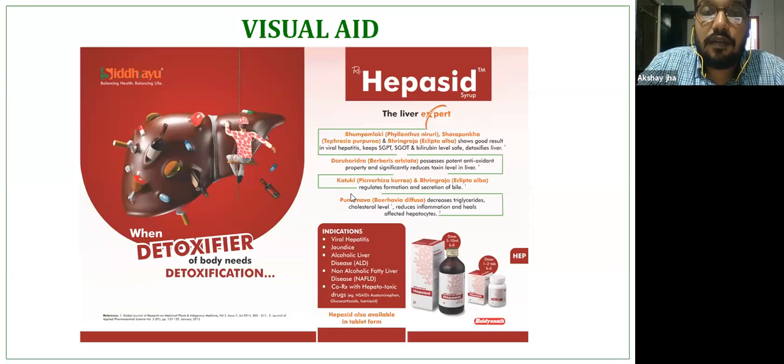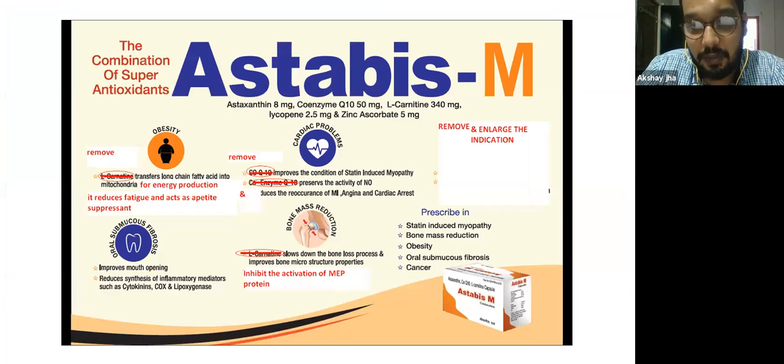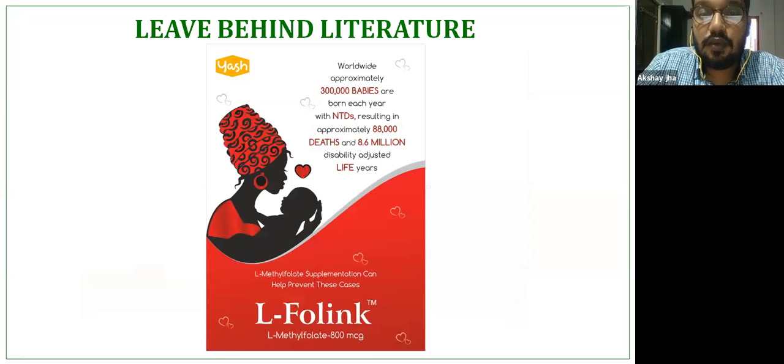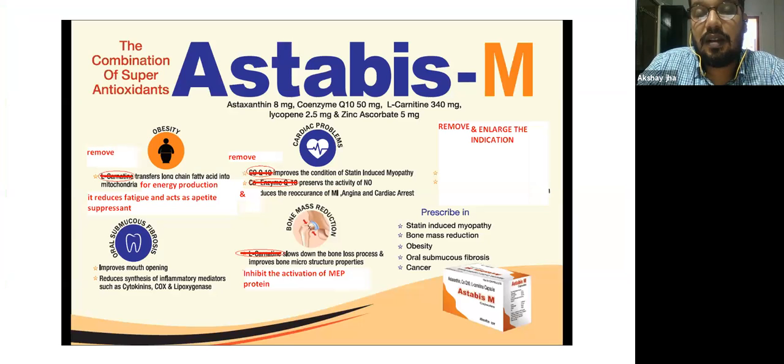Now the second kind of literature: to give you an example of how a good visual aid looks and how a bad visual aid looks, this is the reference. This visual aid too I made myself, right? The concept and design were mine. Even this visual aid was my concept and design, though there are a few corrections going around with this particular thing, right? But you can clearly see the difference, right?